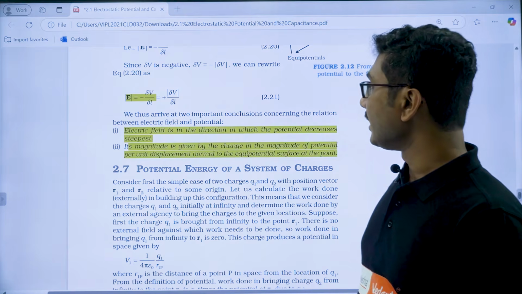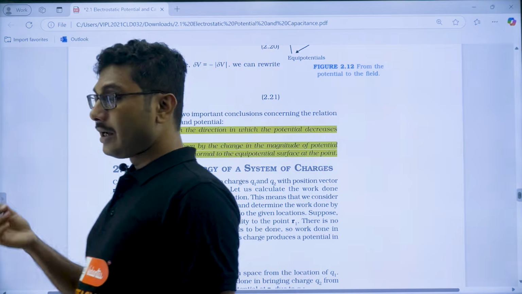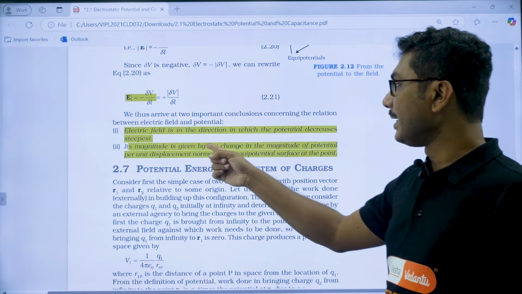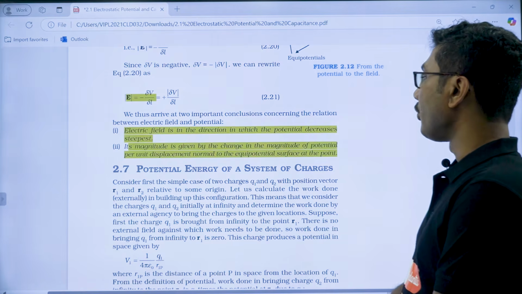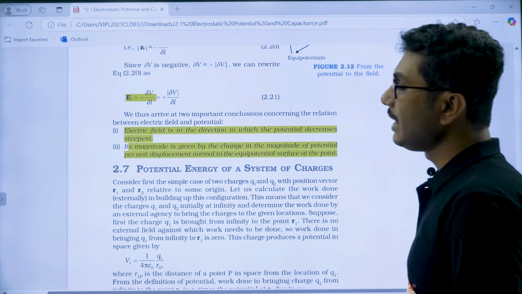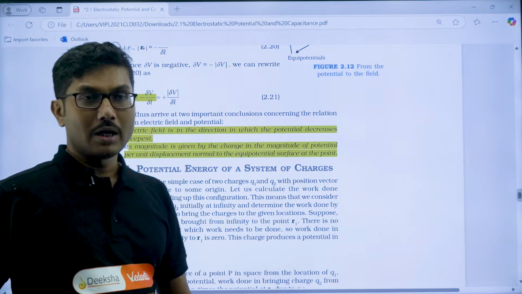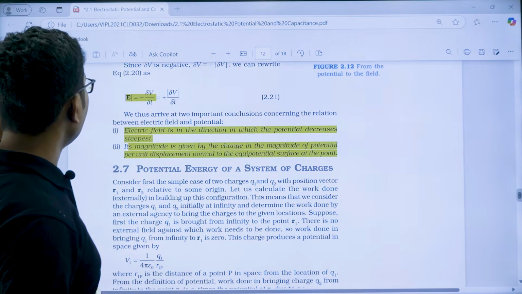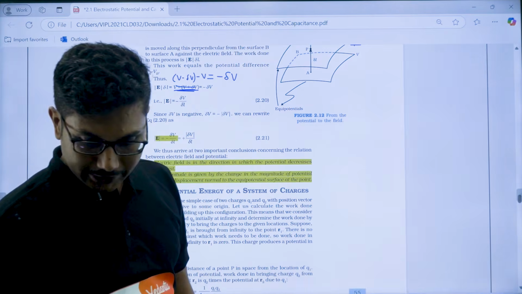Now, electric field is in the direction in which the potential decreases the steepest. So, as I said, they have drawn the diagram wrong, but in the statement they have mentioned it correctly. Its magnitude is given by the change in the magnitude of potential per unit displacement normal to the equipotential surface at that point. So, that is the definition. Electric field is basically the change in electric potential divided by the distance between two consecutive equipotential surfaces. Now, one more thing, based on this statement that electric potential decreases the steepest